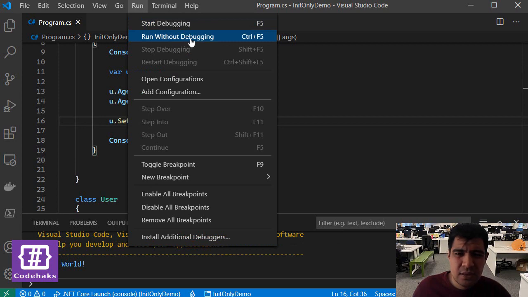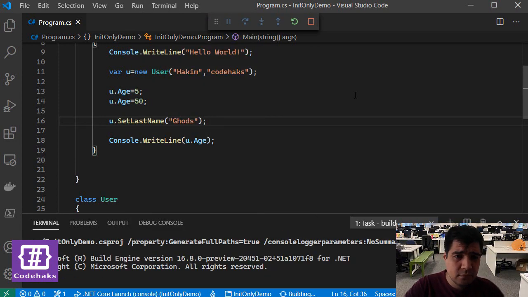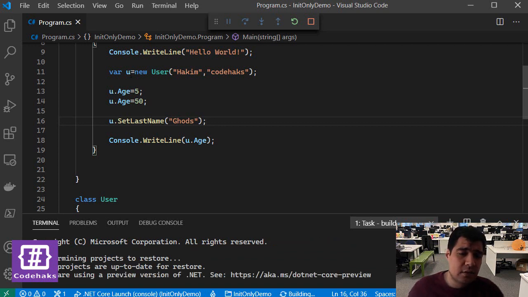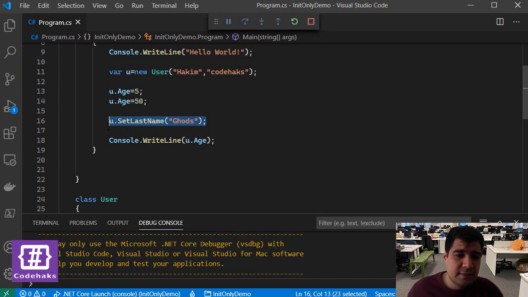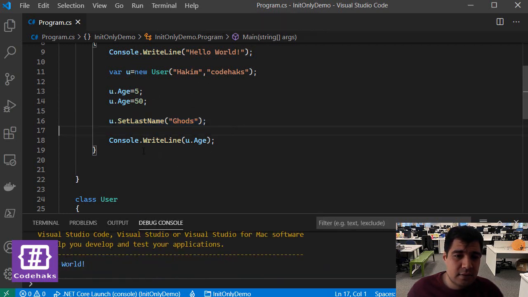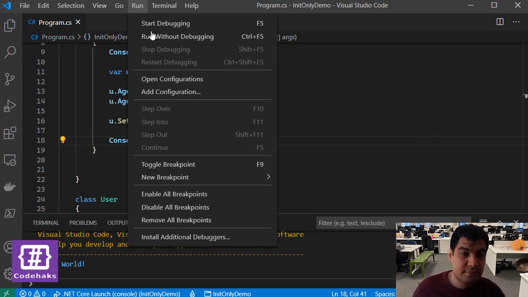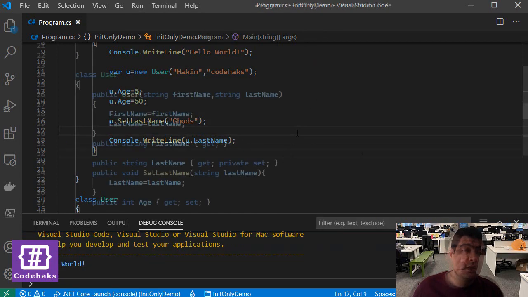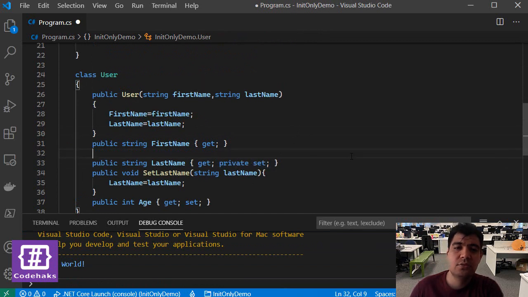Let's run without debugging. So we have an object in here with username and last name, and later I change the last name to a new value, and that's what I expect to see. Let's show the last name instead of the age. So it works. So this is one other way to limit the access to your properties, and there are other ways too, but let's focus on what we started the video with, and that is how to use init-only setters